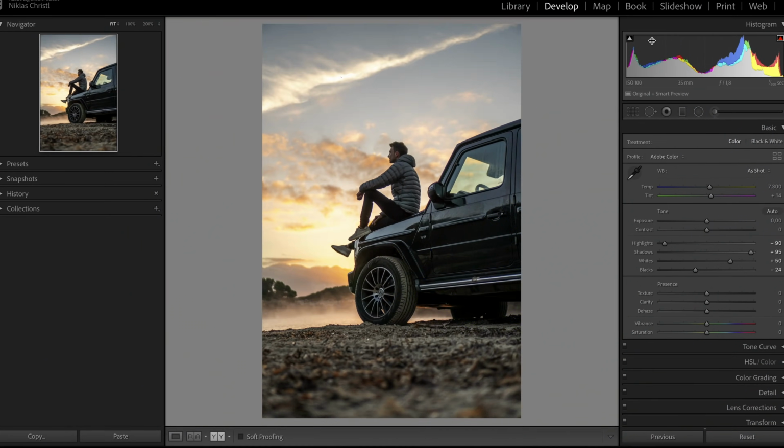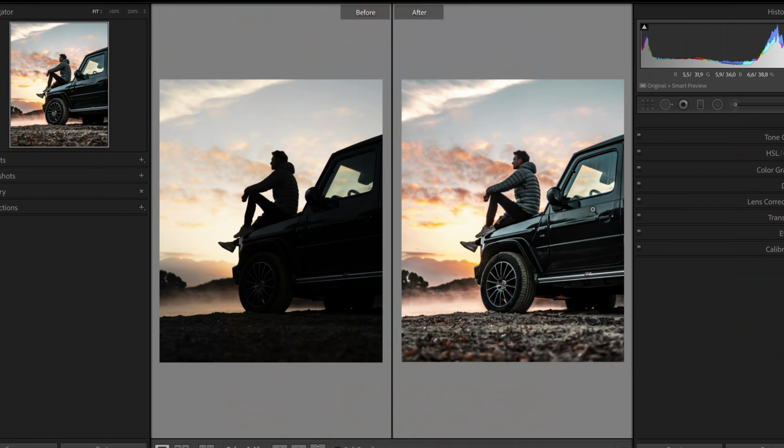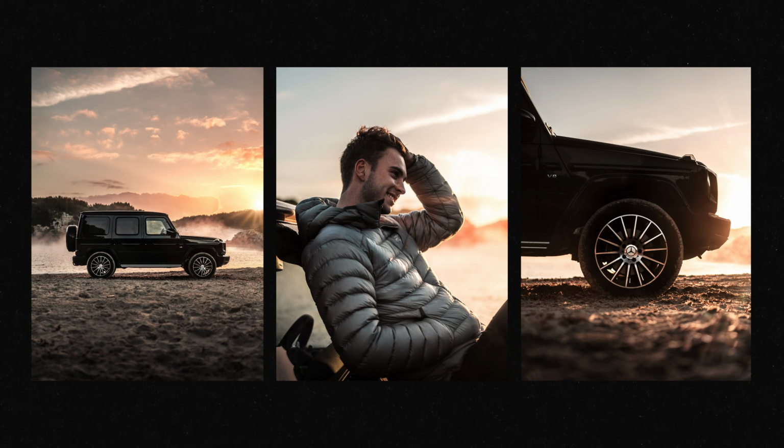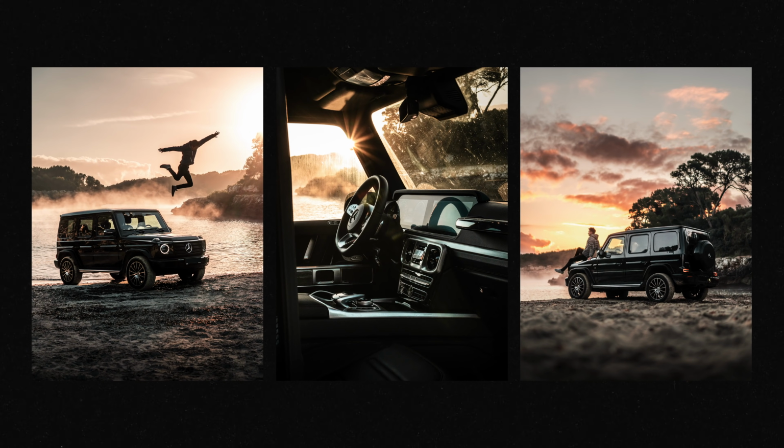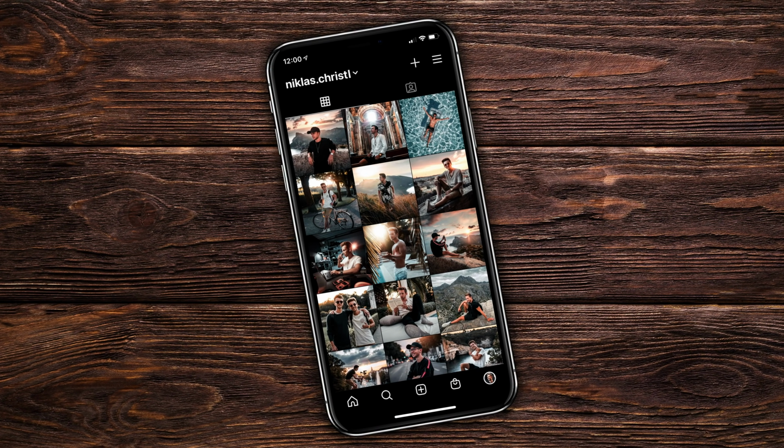And presets in general give you basically two benefits. First of all, you save a lot of time in the editing process because you don't have to manually adjust all of these settings. And secondly, it also makes it a lot easier to find a style and to just be consistent with your editing so that they don't look completely different, especially when it comes to Instagram feeds. That looks really nice if they all have the same look.